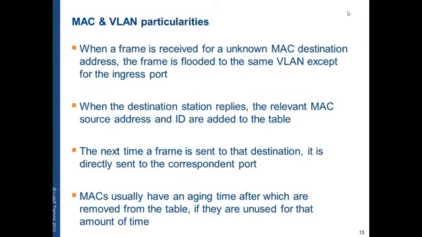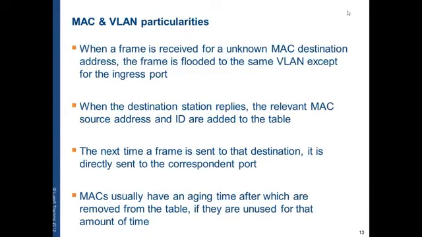So if we have a packet that we don't know to what port has to be sent, we will send it on all ports. When the destination host replies to that packet, its MAC will be added to the MAC table with the port on which it came.